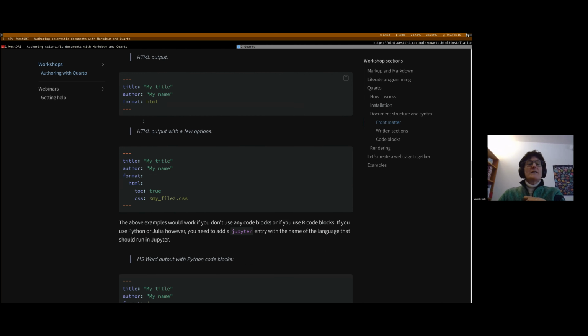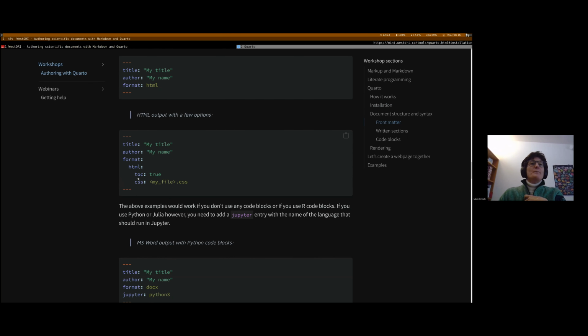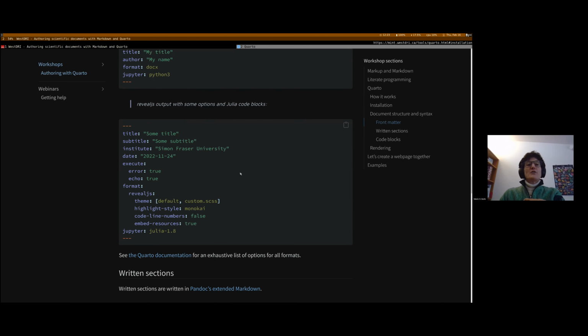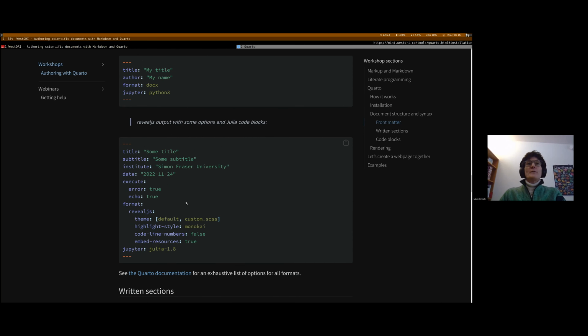You can have the date, you can have custom options for the various formats. So whether you want to use a particular CSS for an HTML output, whether you want a table of content or not, the particular version of Jupyter you want to use, all sorts of additional functions. So in its simplest form, you need the title and the format,